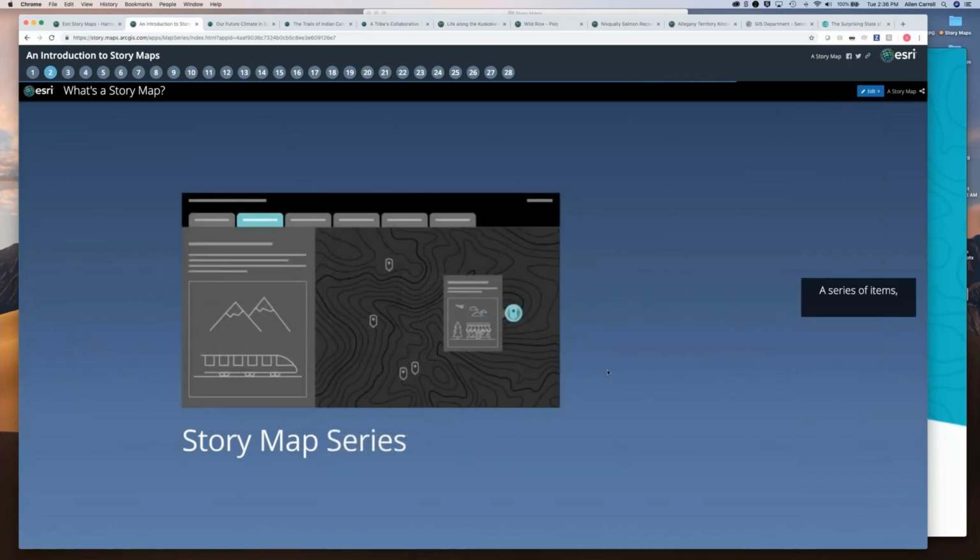Next is Story Map Series. Like Journal, it has a side panel, although you can opt to not have that side panel. But instead of a continuous scrolling experience, you can break the story up into sections that are shown via tabs, or like I'm using up here, a series of bullets. There's also a layout called side accordion, where the side panel has a list of numbers, and if you click on one of them, it expands to show that part of the narrative.